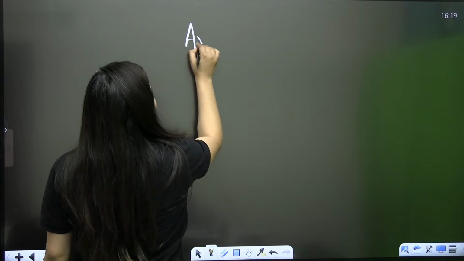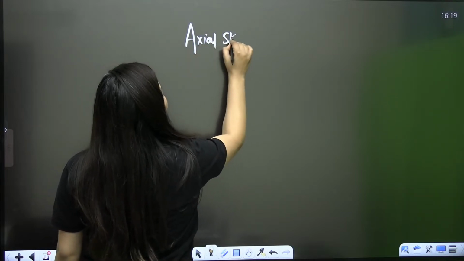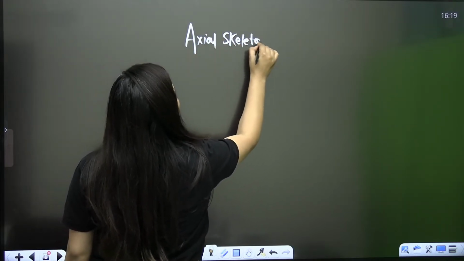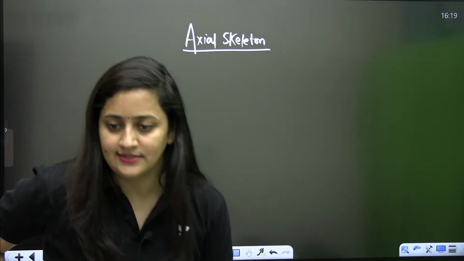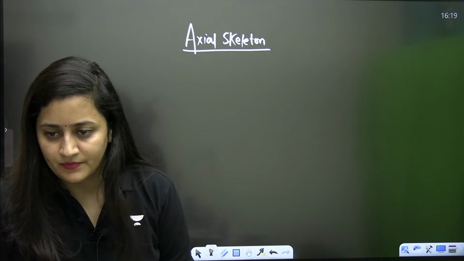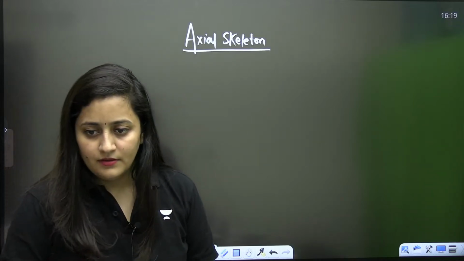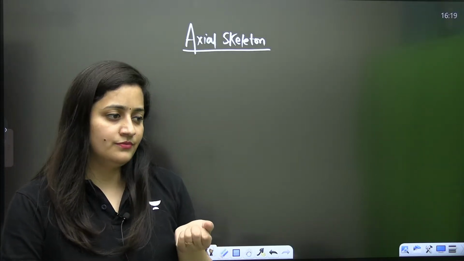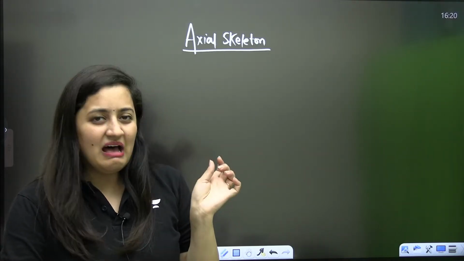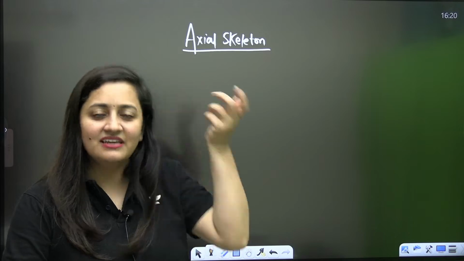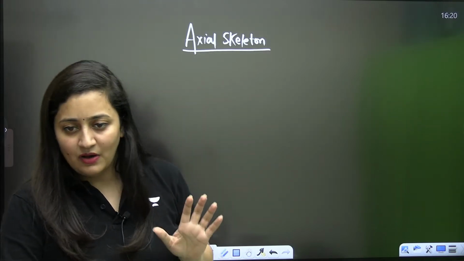So always remember the example of the doll. If you remove the arms and the legs from that doll, the remaining is the axial skeleton. I'm sure you have done it, right? Even my brothers used to do the same thing with my doll. They used to remove her arms, sometimes legs, sometimes hair as well. I think you all have seen that.